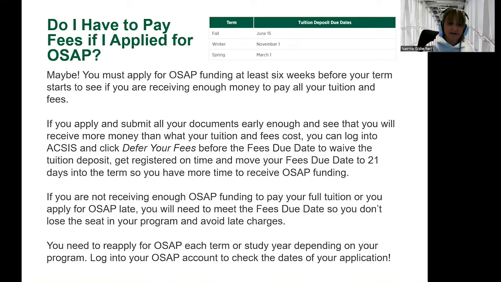If you're not receiving enough OSAP funding to pay your full tuition, or you apply for OSAP late, you will need to meet the fees due date so you don't lose your seat in your program and avoid late charges. If you're in an on-campus program that is running online or hybrid due to COVID, you can apply for